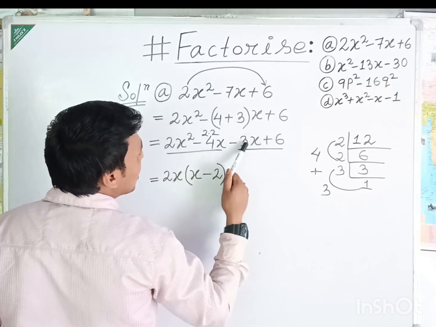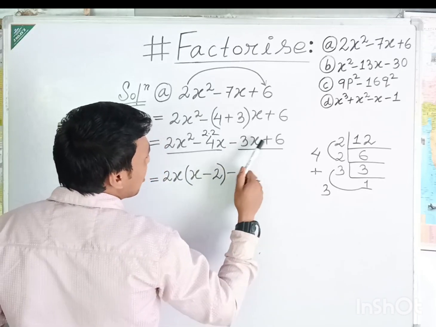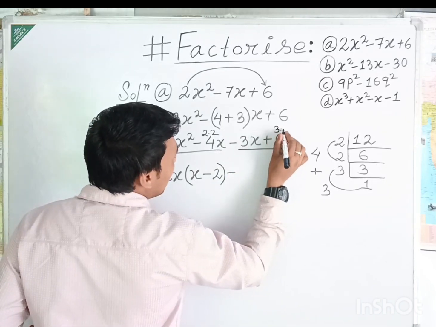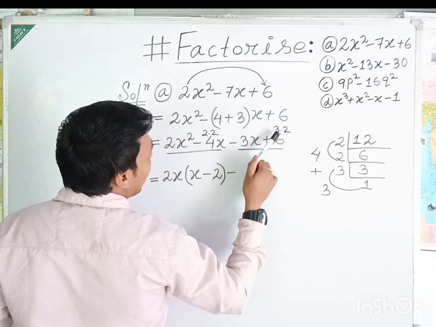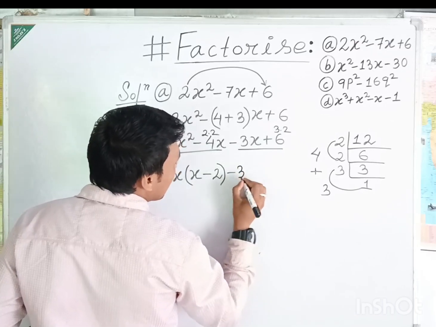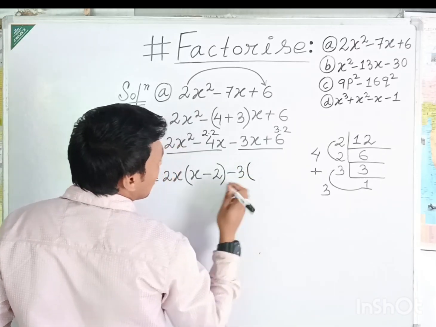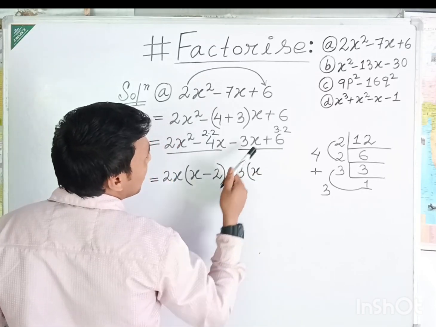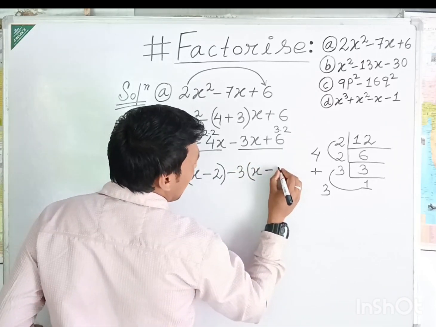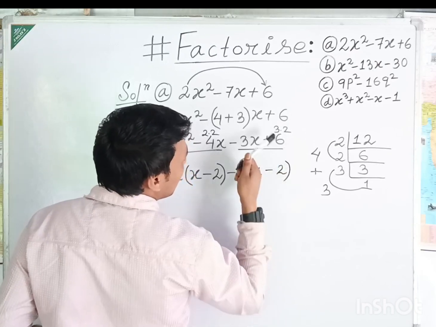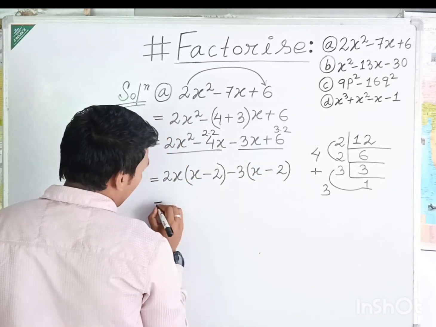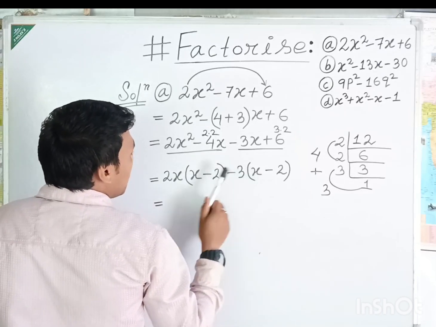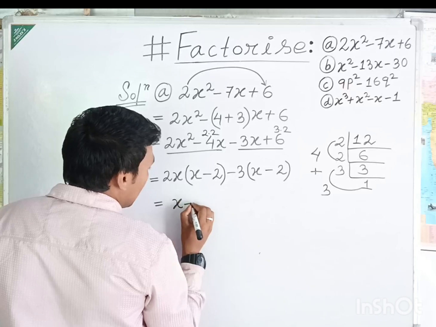Now from these two terms also you check what is common. Here I have 3 and here I have 6, meaning I can write 3 2s are 6. So 3 can be taken common, so common is minus 3. Now x you write as it is. Since I have taken minus common, this plus will change into minus. Now only 2 is left here because 3 I have already taken common. In the next step, the same factor from these two you write only once, so x minus 2.